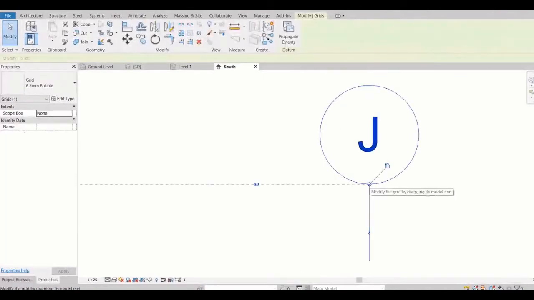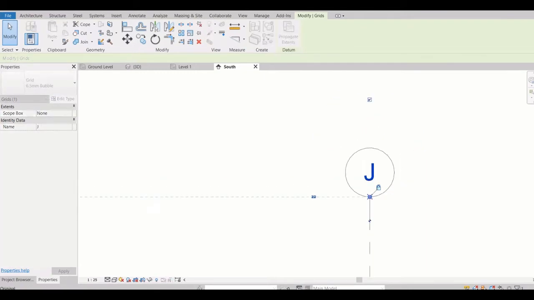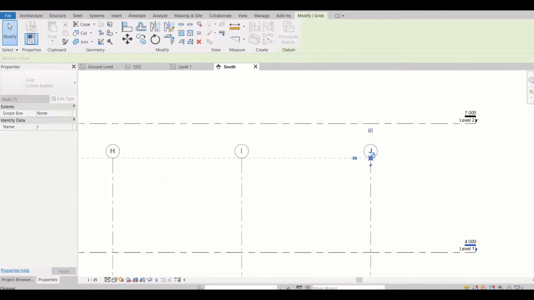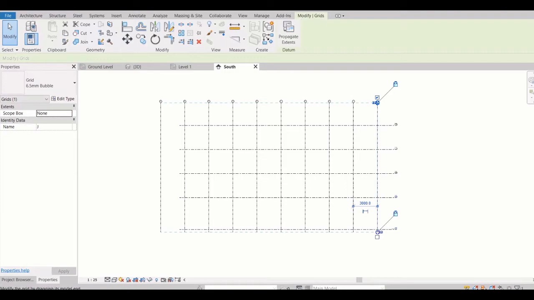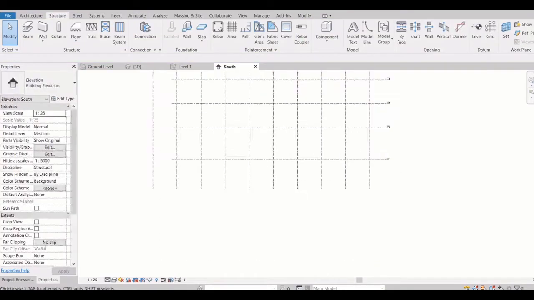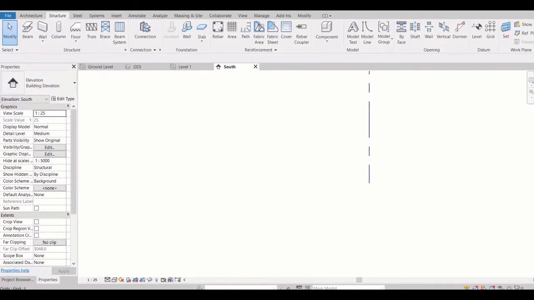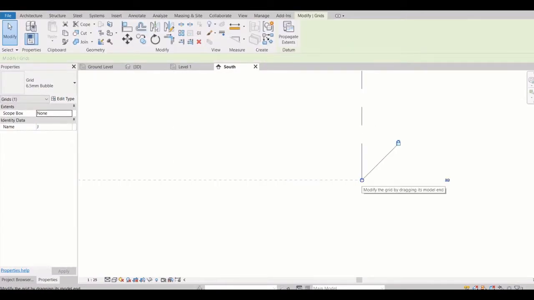So you can see the bigger dot, just click it, grip, and extend it till up, and the same with the bottom side. Now we have two things over here.